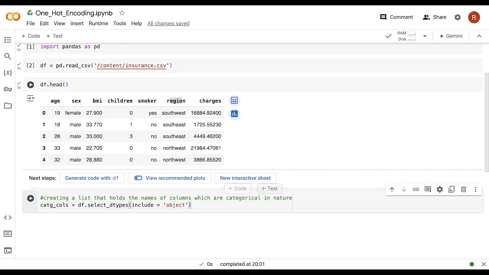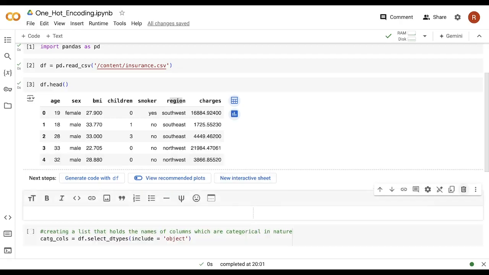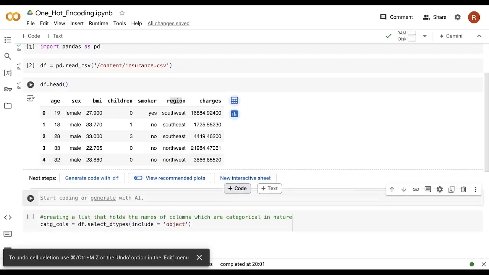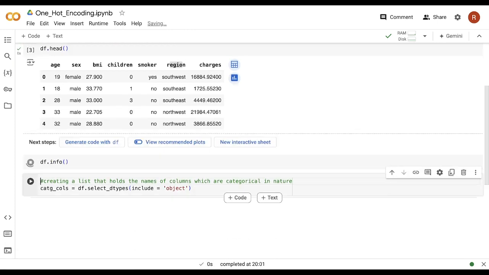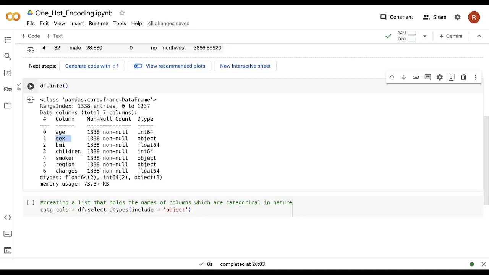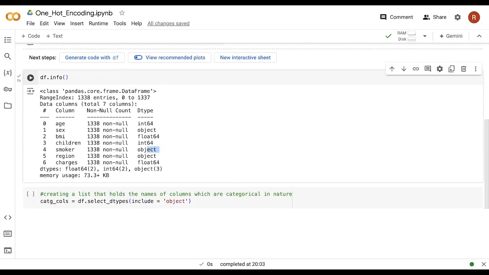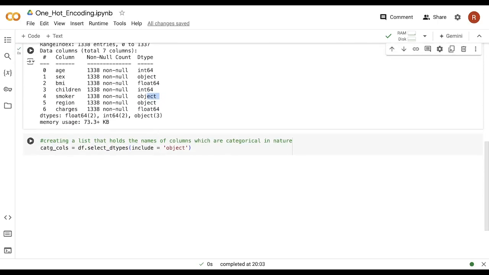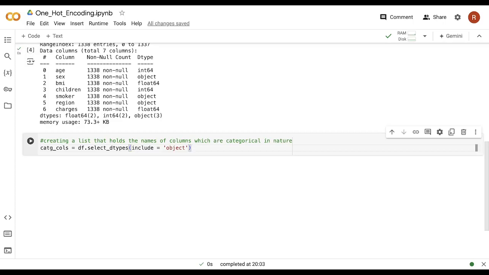Let me just show it to you. Just a minute. So let me say here df.info. And here you can see wherever you have a categorical column, the data type is object. So basically we are extracting the columns which have the object data type. And as we are extracting just the column names, here I will say columns.